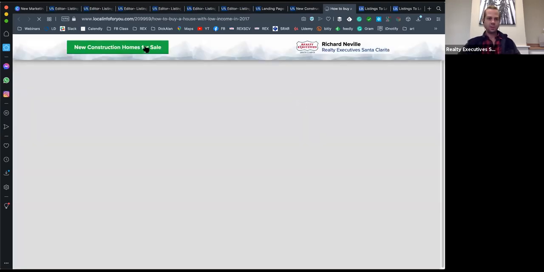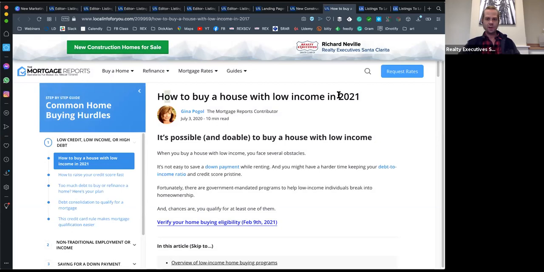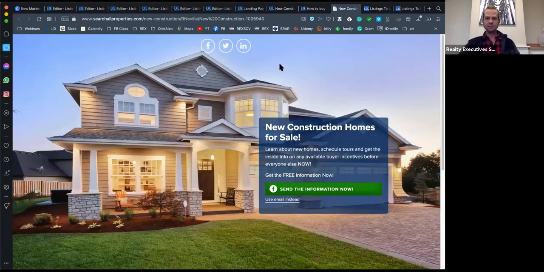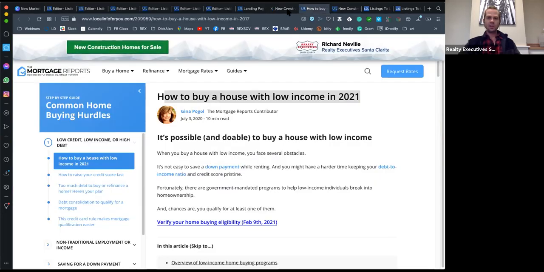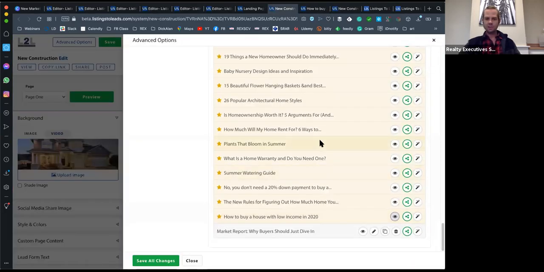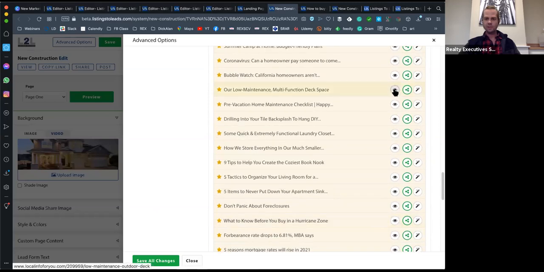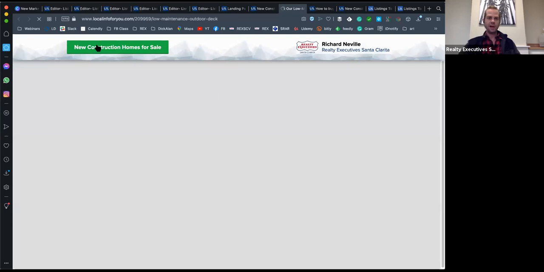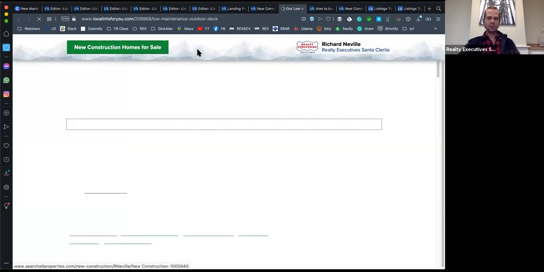What it's going to do is put this little header right here. This is "How to Buy a Home with Low Income." This is just an example of something that was published, some story, where it adds this header on top that, when somebody clicks on it, brings them over to the landing page for you to generate a lead. So what's new about this is all of these stories, and you can use any of these that will automatically have that header on it for new construction,